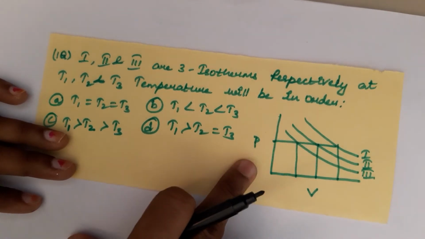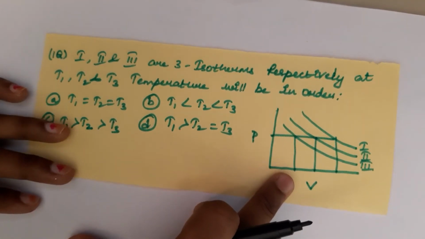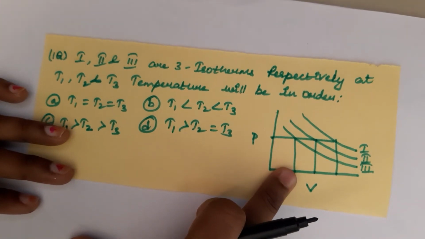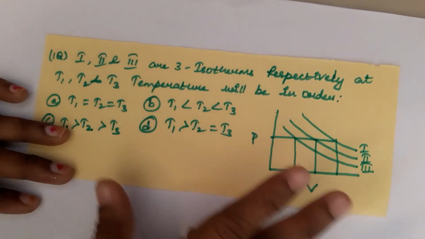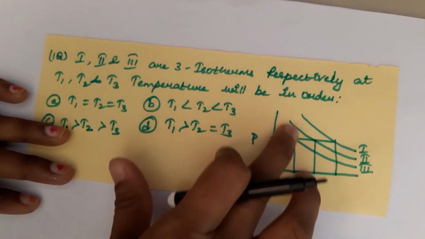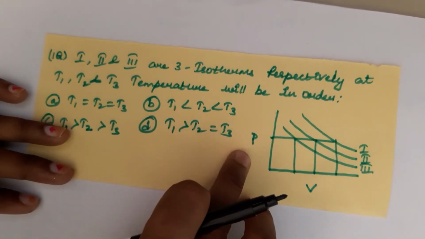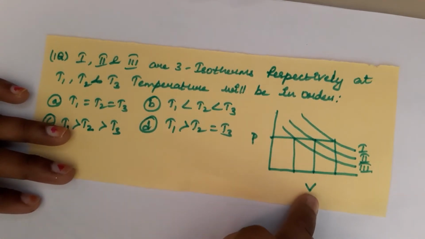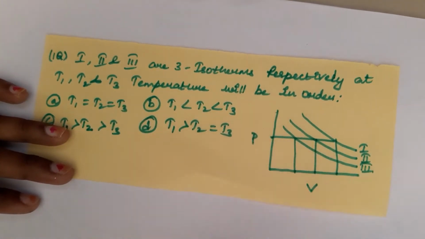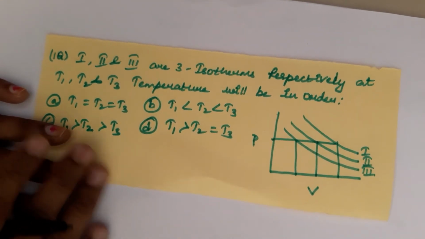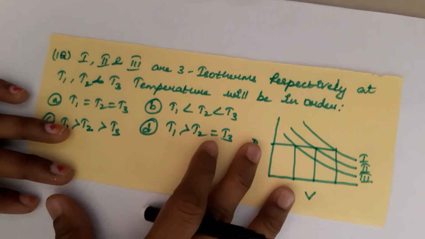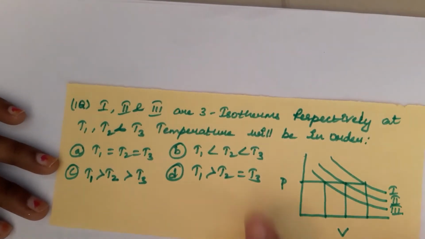First see, in which terms is the graph given, students? P and V. And temperature is constant means which law? Boyle's law. Pressure and volume relation with constant temperature is simply Boyle's law. Or if you do not get an idea, no need to worry, just solve like this. I already explained one trick. What is the trick, students? PV is equal to nRT. If you remember the ideal gas equation, then you can easily do the relation for this question.